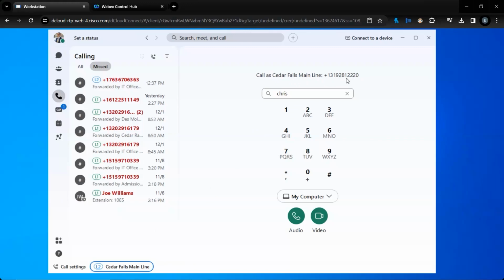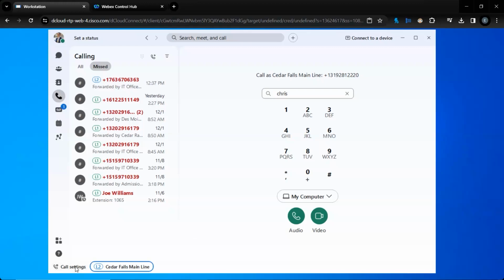And where that can be important is if they didn't answer that call and they hit the callback button on their phone, they're going to be calling back into this main line or maybe the pilot number of a queue, as opposed to going to my individual DID, where maybe I'm the best resource to help them, or maybe somebody else in my organization should be, so we can direct that caller to the most appropriate location.